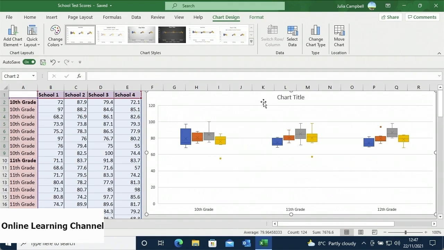On the x-axis of the chart are the 3 different school grades, and on the y-axis is a number scale that is used to read the test scores. In the center of the chart are different colored boxes, which represent the 4 different schools, and on each end of the boxes are T-shaped projections called whiskers. The bottom whisker is known as the local minimum. The values between the end of the whisker and bottom of the box represent the lowest quarter of values found